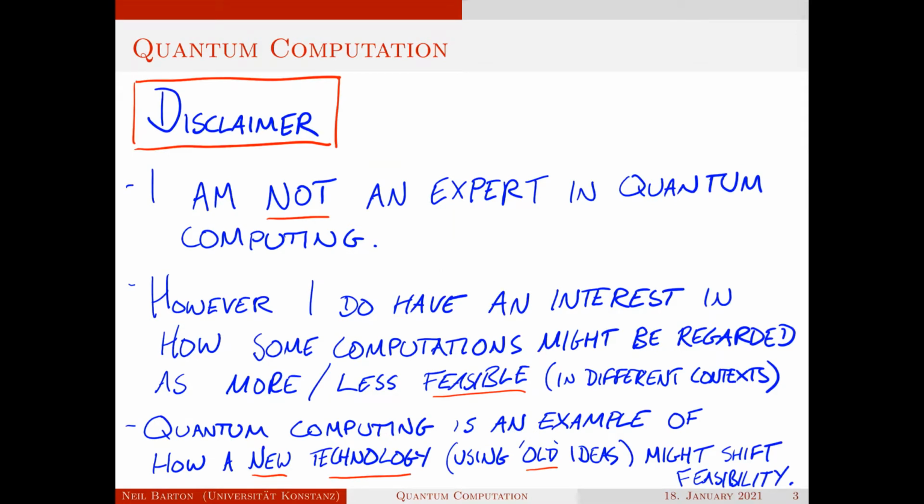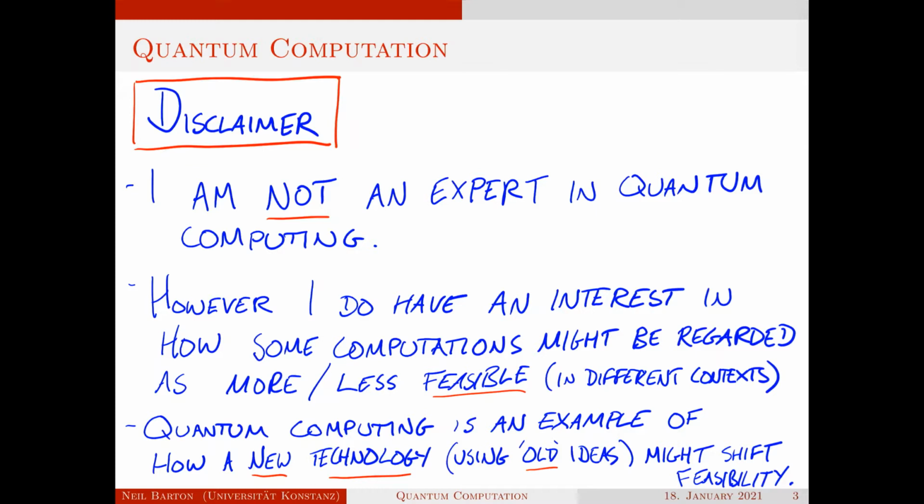Okay, so I should first identify before I continue that I am not an expert in quantum computing. I do, however, have an interest in how computations might be regarded as more or less feasible. This is something I'm looking at currently, and quantum computation is an example of how a new technology might shift this notion of feasibility,